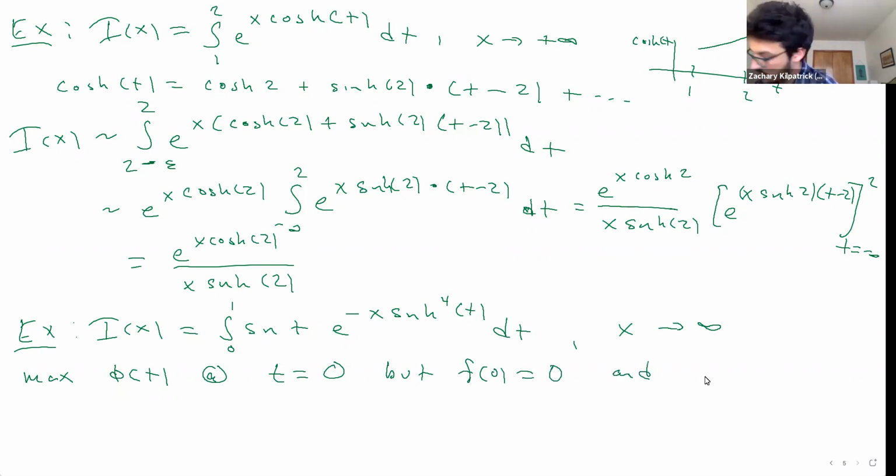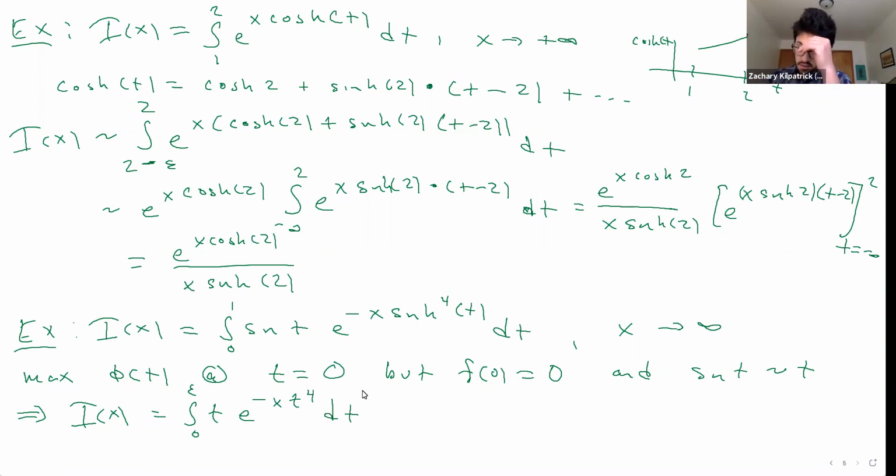Sine of t scales to leading order like t around t equals 0. So what we're going to do then is go up to next order in f of t. We're going to cut down to just a region between 0 and epsilon around the left boundary of the integrand. We're just going to retain t rather than sine of t now. And we have e to the minus x t to the fourth dt, right? Because the value here at t equals 0 is going to be 0, but if we Taylor expand, then the next term we're going to pick up is just a